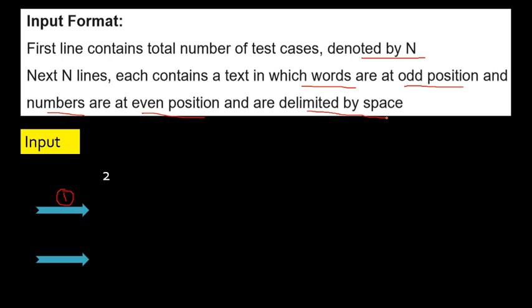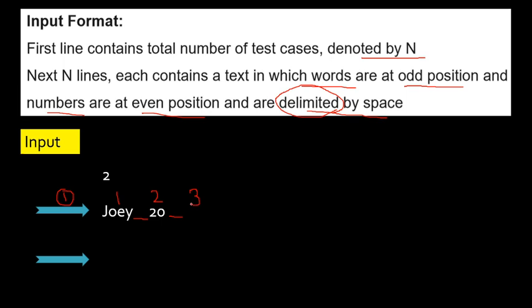For example, we have to start with the word. Let me show you the first sample case. Say the first word is Joey. So I have a word. After the word, I'll give a space, and after the space, I'll have a number. Do you see that? A word followed by space followed by number. So the space which we have here is what we call the delimiter. What does it indicate? The end of that item. So after Joey we have a space, after which we have a number. So this is the first position, second position. After this we will have a space. Next position will be the third position.